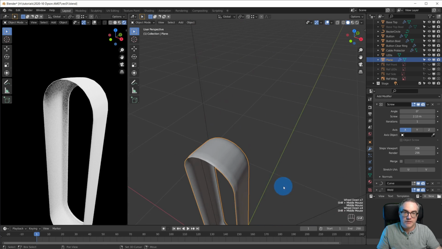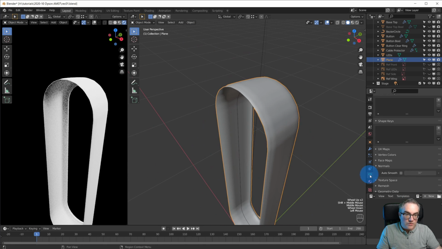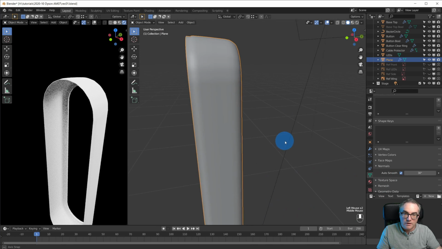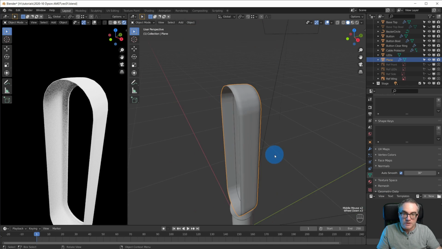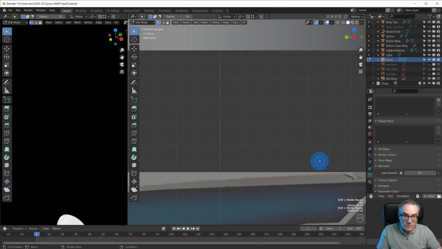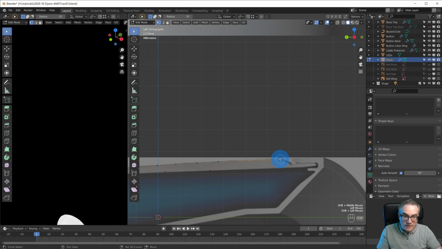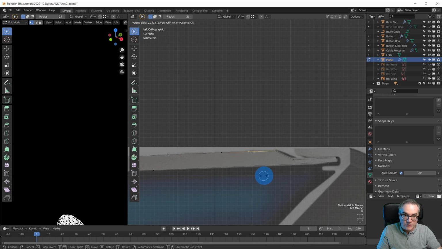Okay, let's check. So go auto smooth. Okay, so we get this. Now we don't get nice sharp edges here. Let's go back to this view, into edit mode, and we're gonna add more geometry. So I subdivided these two vertices and take the center one and GG, which is edge slide, and bring that out here. Again, subdivide, take the center one, GG, and bring it up here to maybe get a nicer